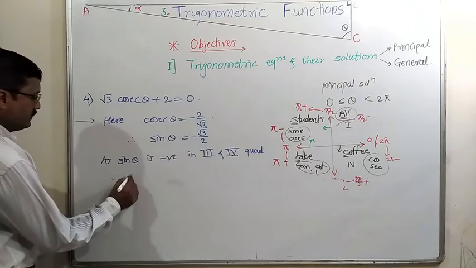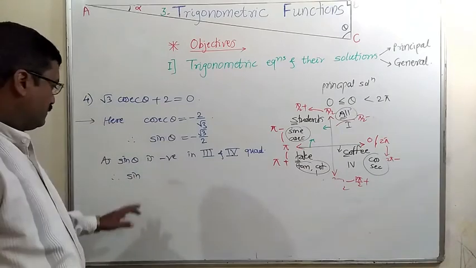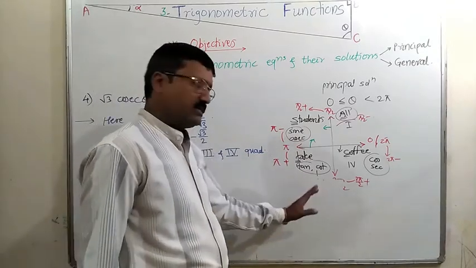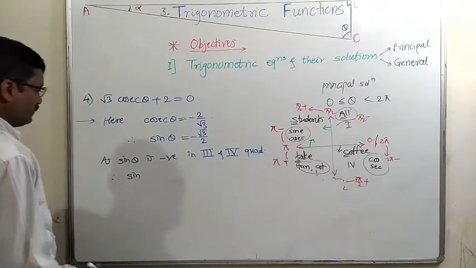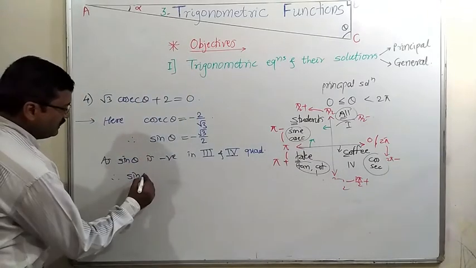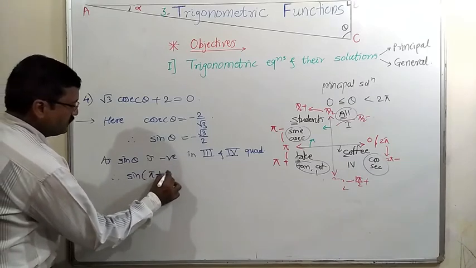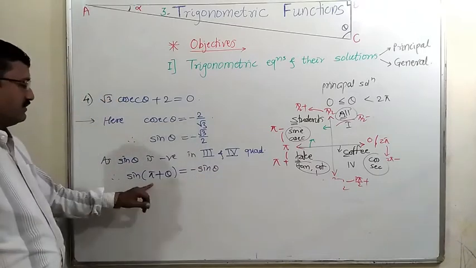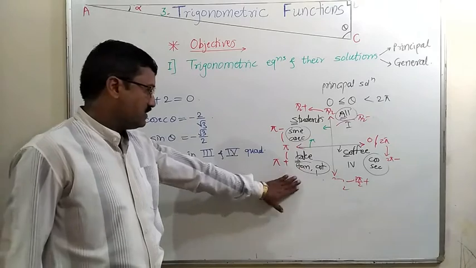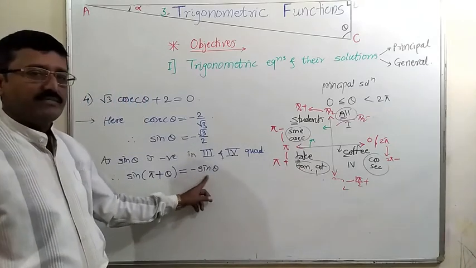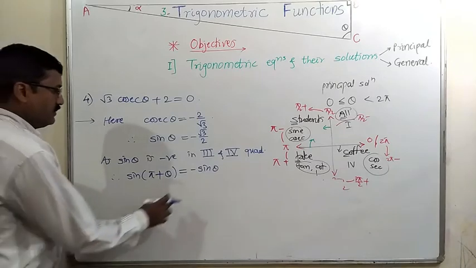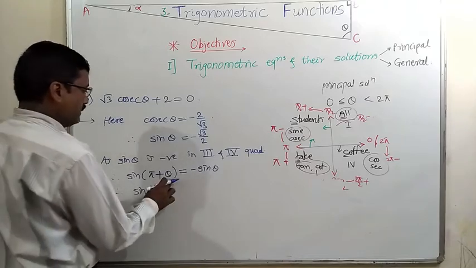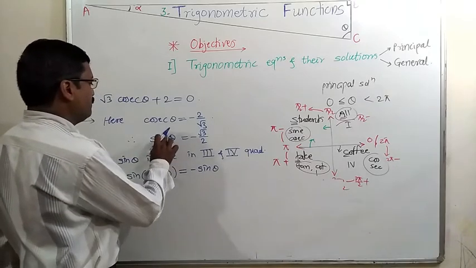Therefore, in the 3rd quadrant, which angle is there? For the 3rd quadrant we take pi plus, or we can take 3 pi by 2 minus also, but here we will take pi to get the answer in terms of sin only. So sin of pi plus theta is equal to negative of sin theta, because sin theta is negative in the 3rd quadrant. Pi plus theta means we are in the 3rd quadrant, where sin is negative, so the answer will be minus sin theta. So we get sin of pi plus theta. Theta is, you know, the value for which we get root 3 by 2.